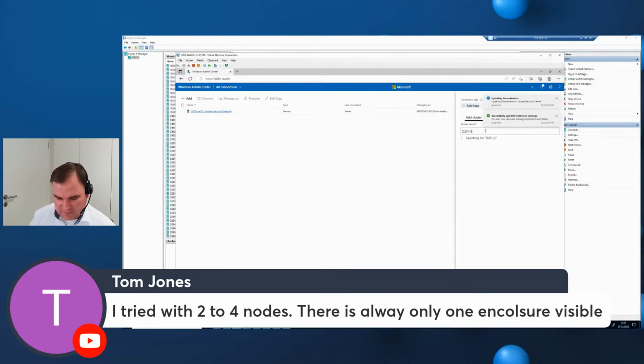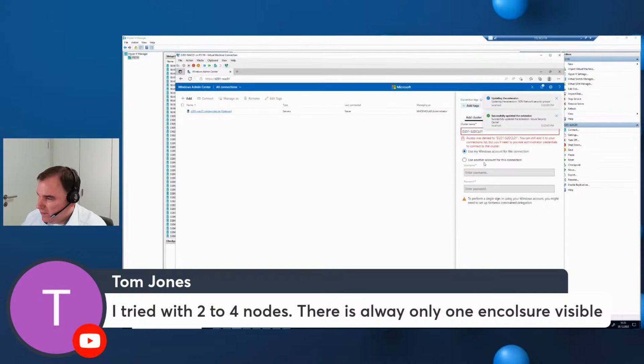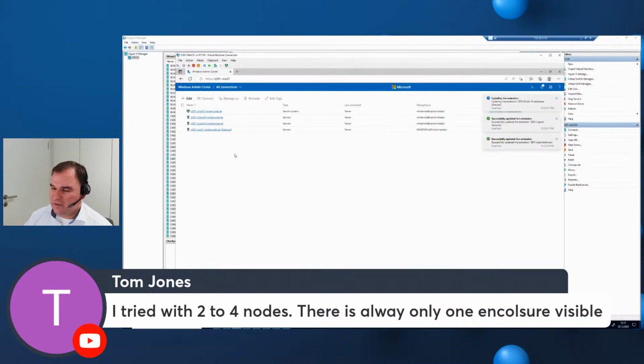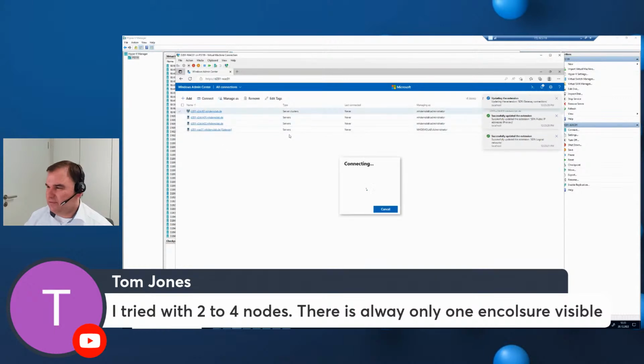D201-S2D-CL01, I think this was the name here. And I'm using my credentials. Add them here. So when I'm now looking at the cluster,